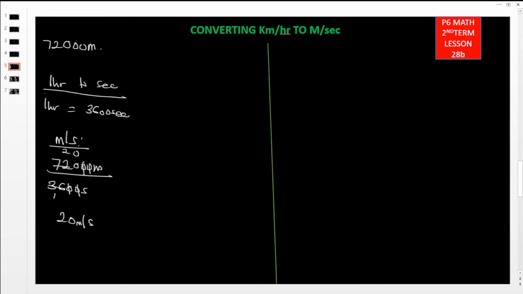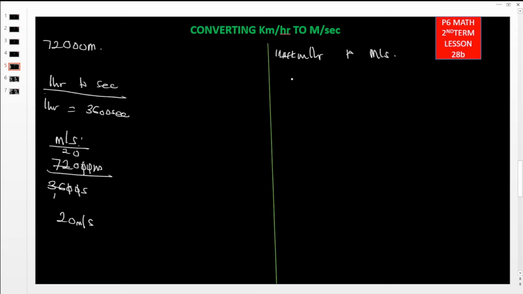Per second. So we have to deal with that 20 meters per second. Then let us get another example here. What is that example? We are going to look at now 144 kilometers. Let us now convert